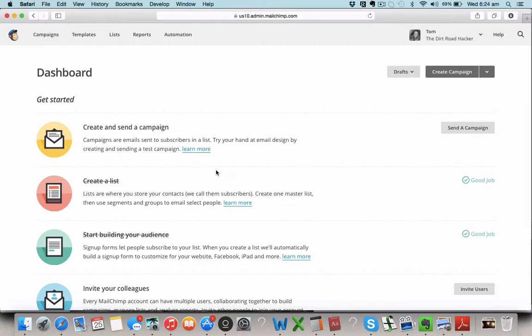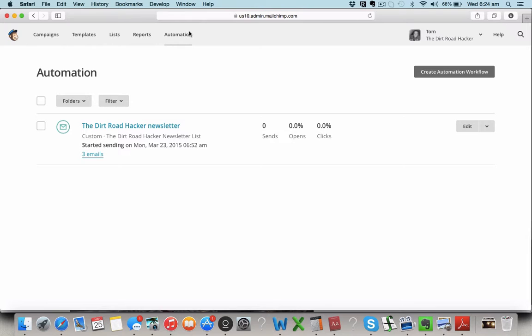Okay guys, so once you have your list created and the embed code into the form on your website, we can go ahead and create our automation process. So to do that, we just come up to automation, and I've already created mine, so I won't show you from scratch how to do it, but I'll show you how it's done. So you'll come to this automation thing, and this is mine here. You'll hit create automation workflow,